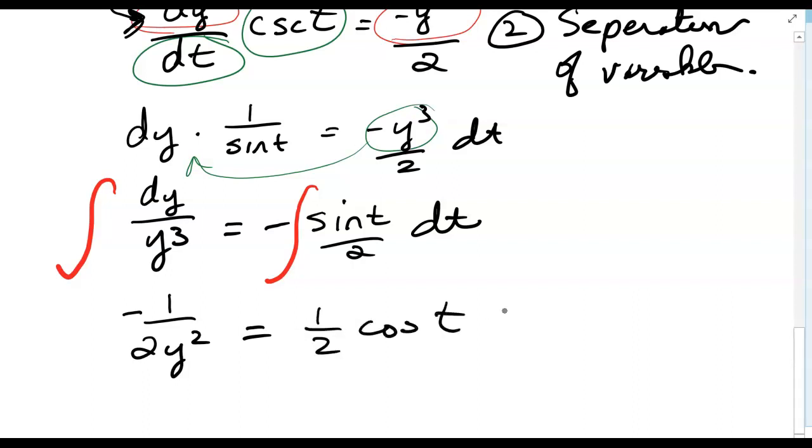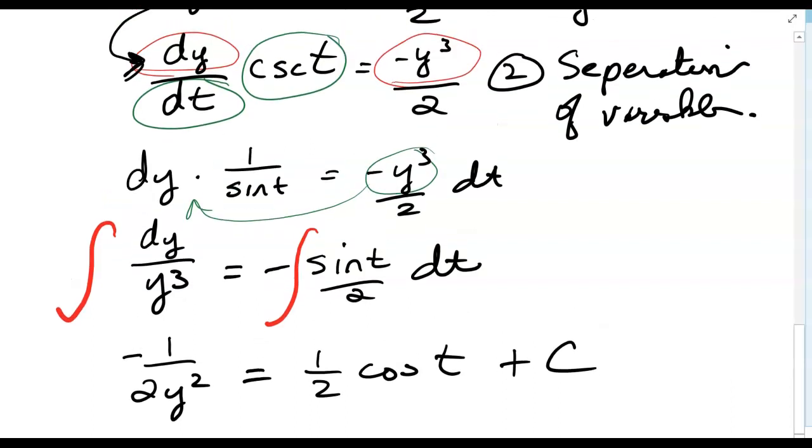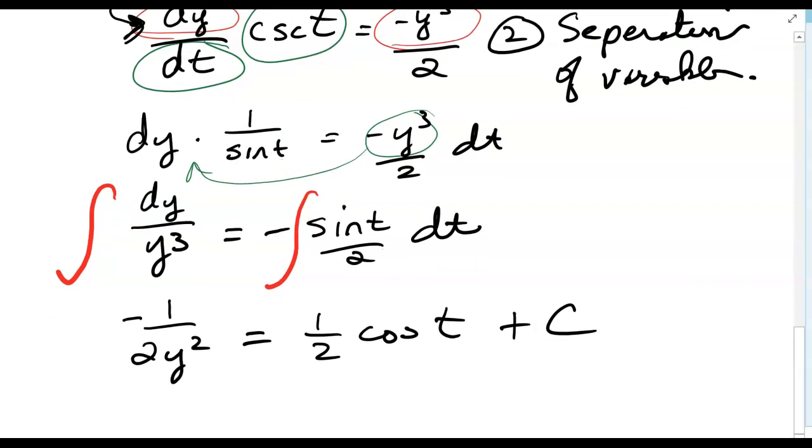cosine t. Now, technically when you integrate these, you would have a plus c at the end of both, right? Plus c, plus c. But one would be plus c1, one would be plus c2. Constants like this can get absorbed into each other because they have no variable in them. And we can absorb them in such a way that we only need to put one big plus c there. So to write our general solution, all you really would do